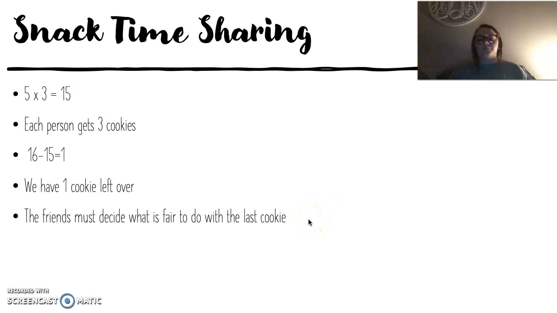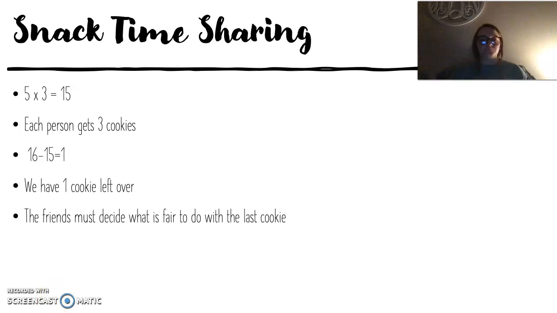Maybe they would all decide to give it to maybe someone's mom if they were at someone's house, or their teacher. They could decide what they wanted to do to make it fair. Maybe they decide that someone had a smaller cookie from the batch, and so they decided to give them the last cookie because they had to have one of the small cookies. Or we could have the students talk and problem solve and figure out what they would decide as a group if there was an extra cookie in their bag,